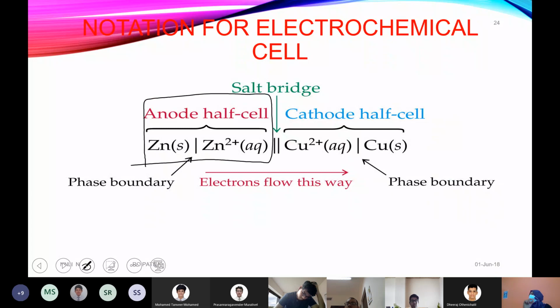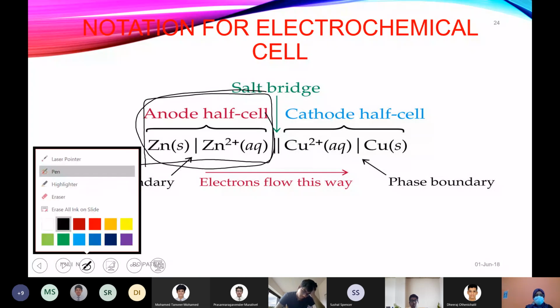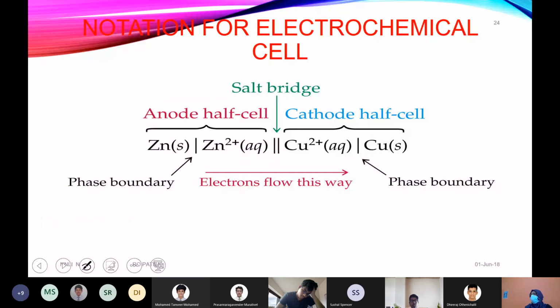this is again taking the example of the Daniell cell with zinc and copper. Zinc is written as Zn(s) | Zn2+(aq). The entire thing shows the anode half cell, and after that you have a double line, then comes the cathode representation. Cell representation always starts with the anode followed by the cathode. In the anode, you can see they started with the metal, then the electrolytic solution. For the cathode, the order is different: first the electrolytic solution, then the metal.